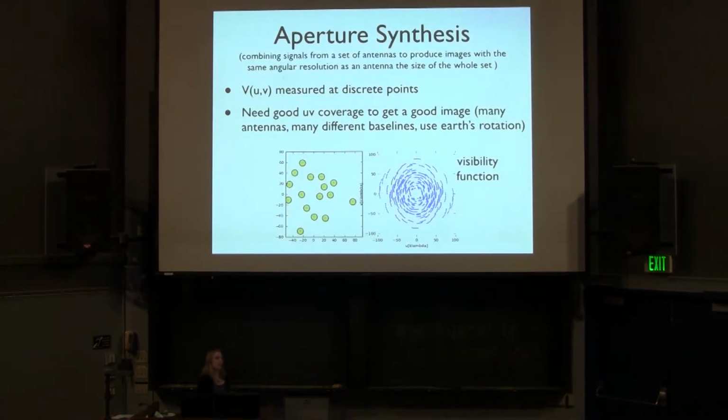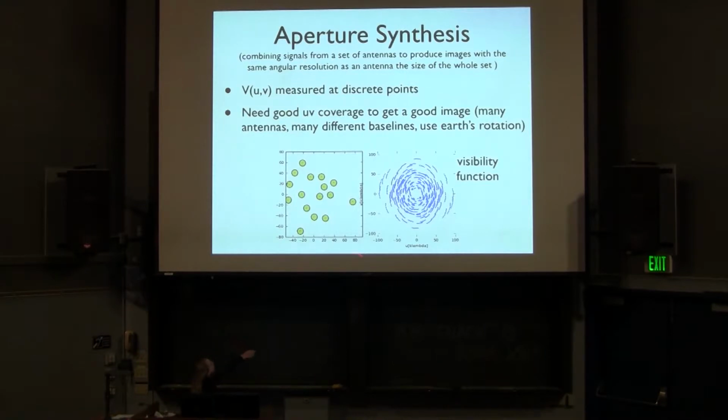All right, so now what if you don't have two antennas? What if you have a whole collection of antennas? Now what you have to do is something called aperture synthesis, where you combine the signals from all your antennas to produce a single image. The idea is this image will then have the same angular resolution as one antenna the size of the whole set. If we have a distribution of antennas arranged like this, kind of like x and y,